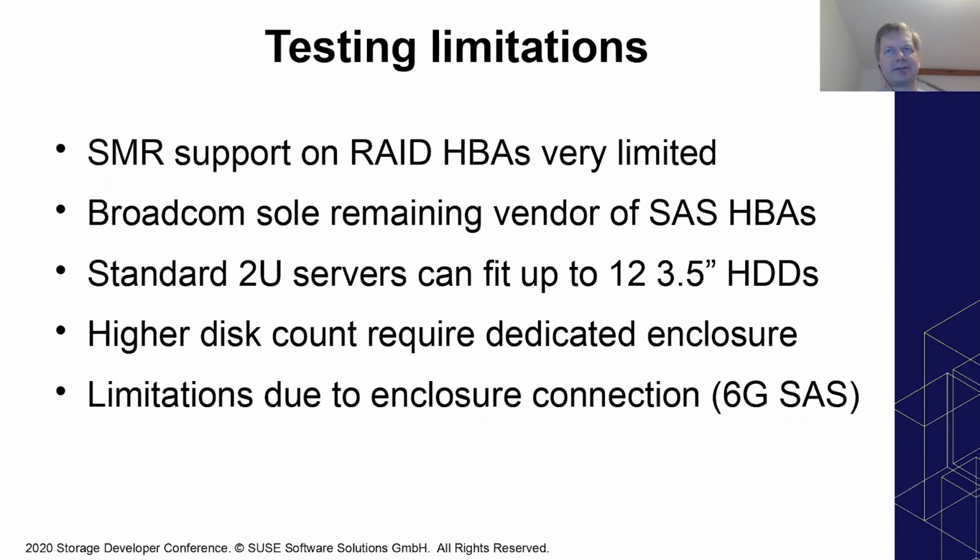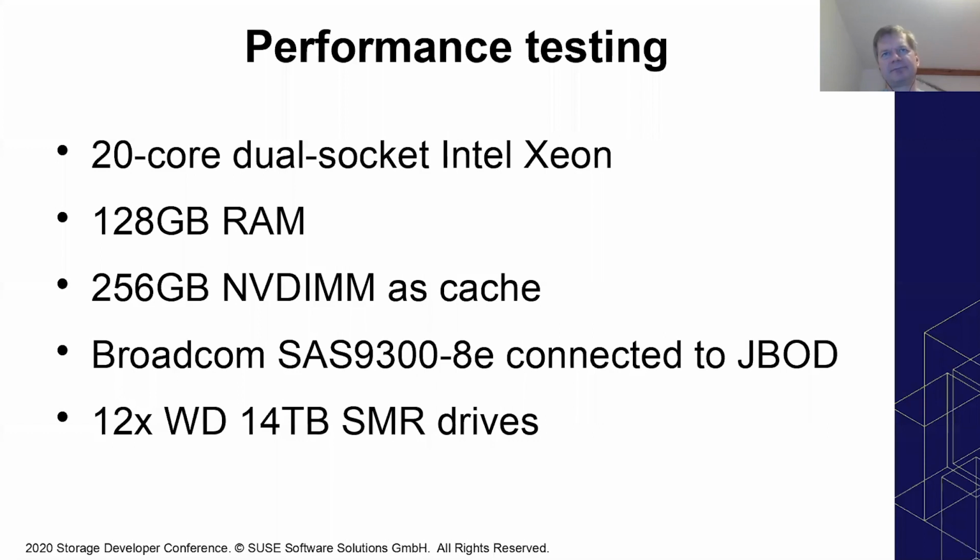But if one has a dedicated enclosure, this enclosure would need to be connected, so there might be a limitation due to the enclosure connection, which typically runs on SAS, which is either 6 gig or 12 gig SAS. In my case, it was a 6 gig enclosure because that was the one which I found in our storage,